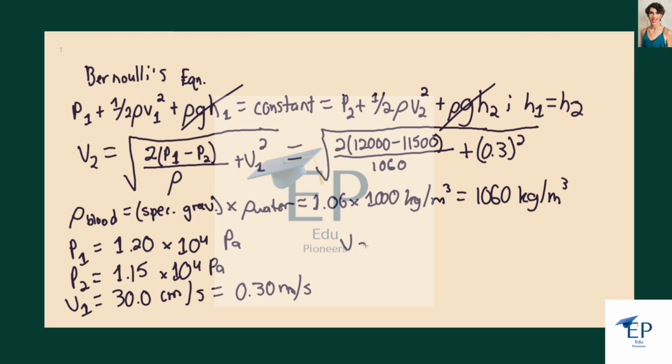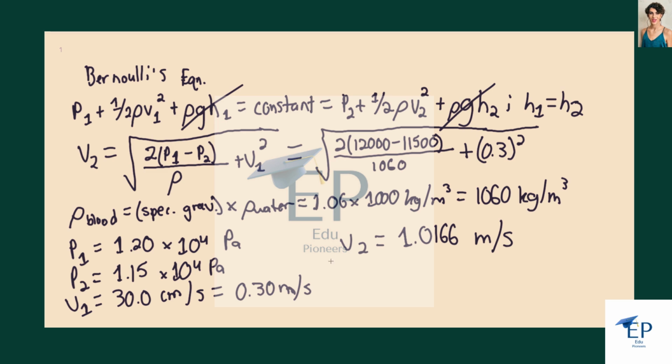So here we find that the velocity in the second section of the artery is going to be 1.0166 meters per second. Now, as you can see, the cross-sectional area has obviously decreased because the velocity has increased,